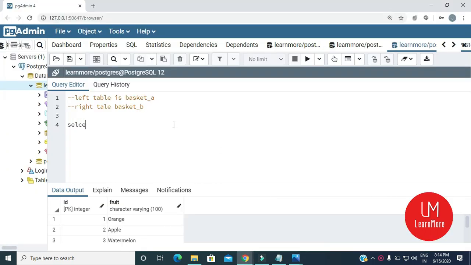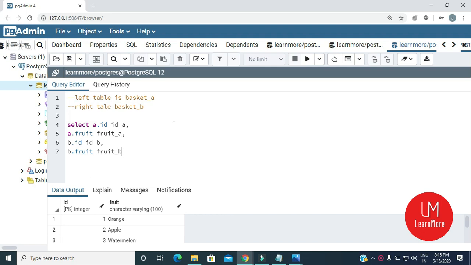Select a.id, can give an alias name id_a, comma, then a.fruit as fruit_a, comma, b.id as id_b, comma, then b.fruit, that is fruit_b.